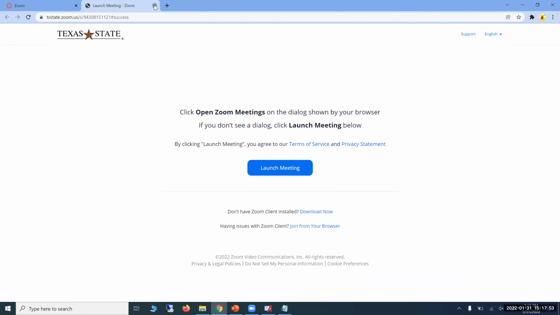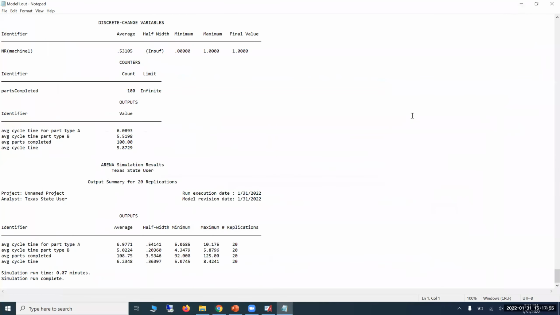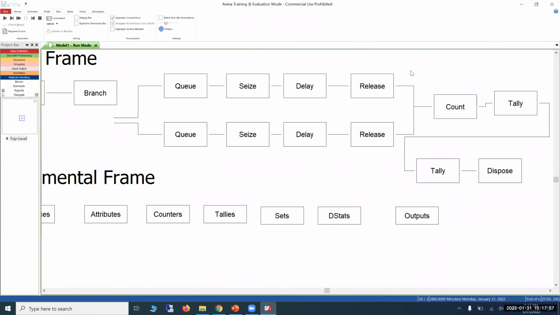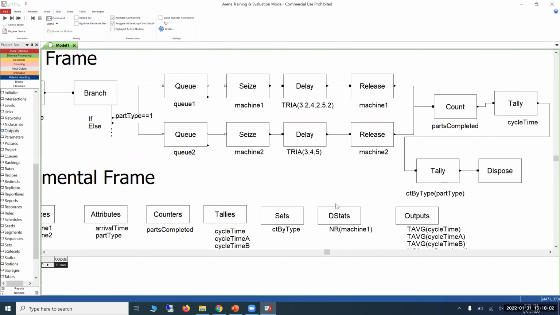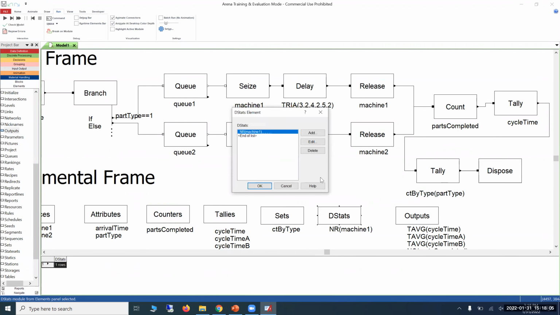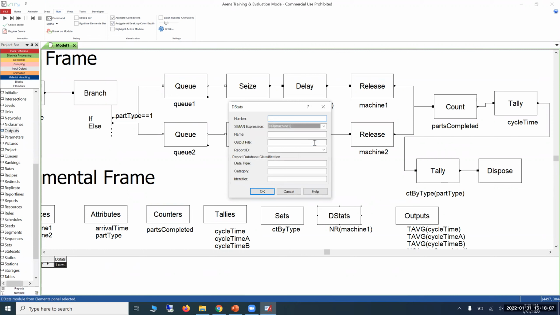I need to do one more thing before we go, which is computing this average for the utilization. You need to go a step further to get the output for the utilization. You have to give a name to this expression, and you need to use that name to compute the output report. Here I computed the utilization in machine 1. I have to give this a name,